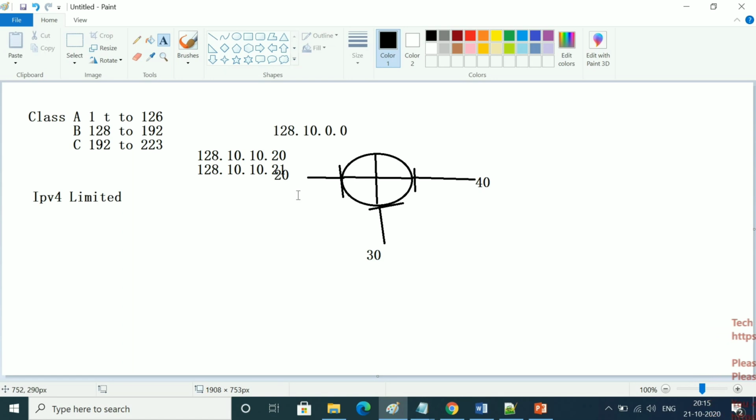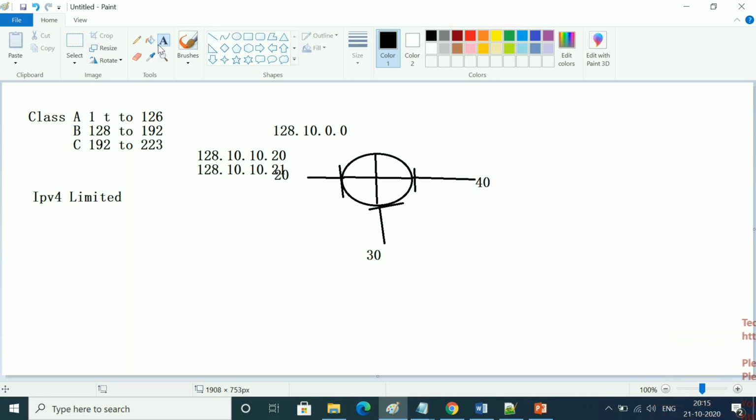Now we also have 30 servers, right? But we have only one network here, 128.10.0.0, and so far we have assigned IPs only to the 20 servers.